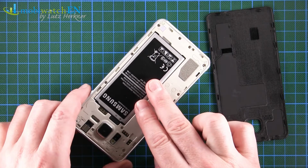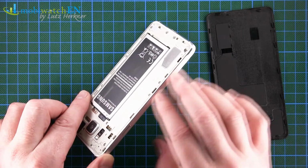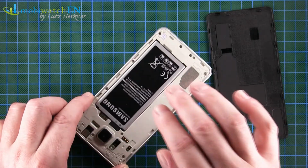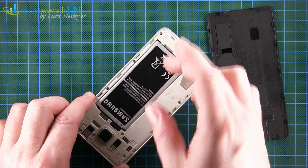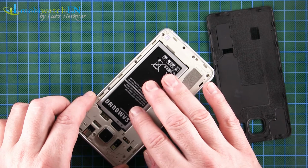That's something I really should say. Even if you're just having a 6.7 millimeter flat phone, you can see it works. It is possible to remove the battery nevertheless. But this one is a small one. It has just